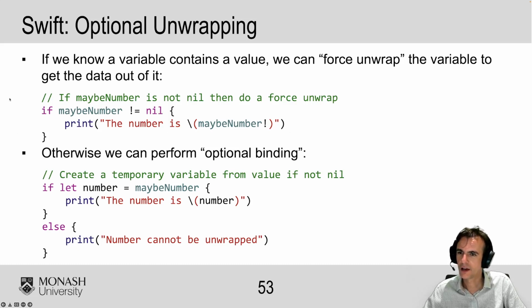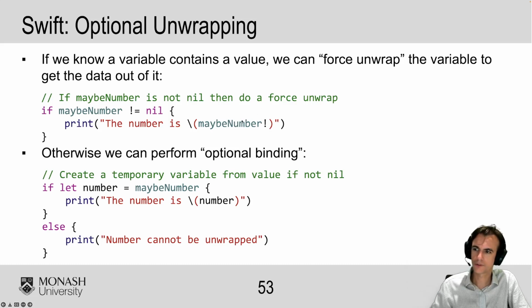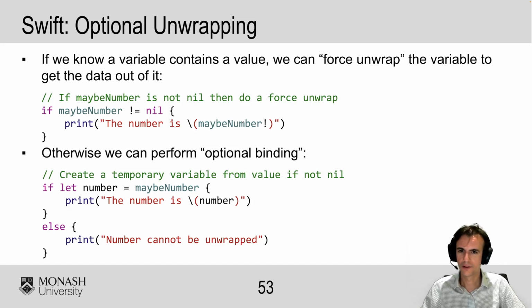Having said that, this syntax where we use a force unwrap is dangerous. It's a bit like dereferencing a pointer in C or C++, and if you dereference a null pointer, you crash. And the same thing happens here. If you unwrap an optional value that's nil, all bets are off. The app just crashes. So I don't want to see this in your code, and you shouldn't really see this in any of my demo code that I show in the workshops. If I do, please point it out, and we'll talk about how we could write it in a better way. Very occasionally I might use it and just explain why I'm using it, but